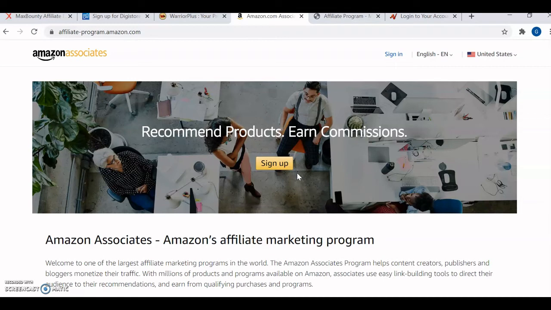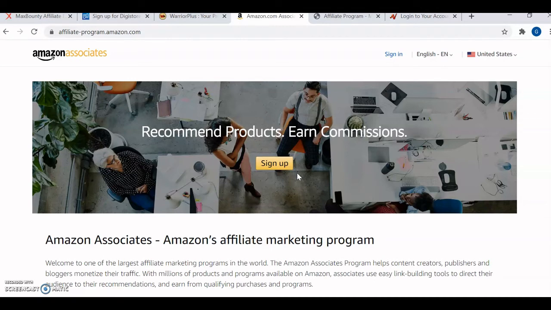So if you like beddings, mattresses, kids products, toys, cat and dog foods, laundry, machinery, anything, even vehicles, there's a lot that you can market with Amazon and make money. The amount that you get paid with Amazon depends on the product.